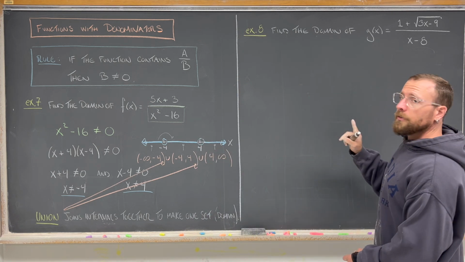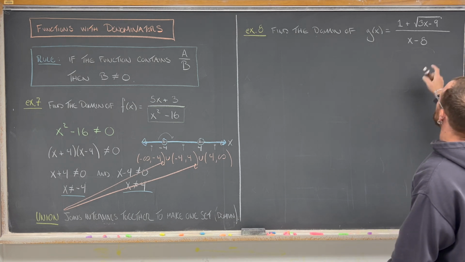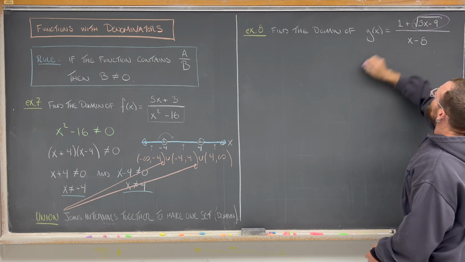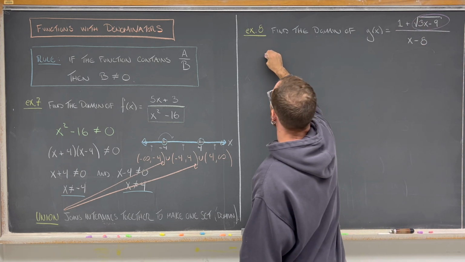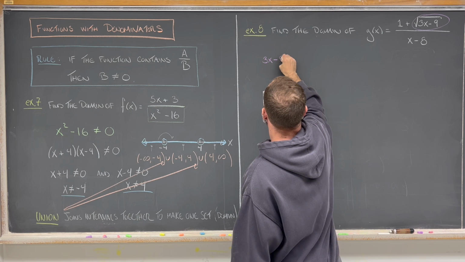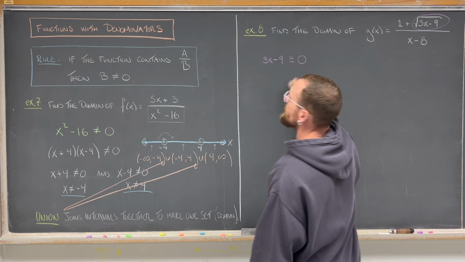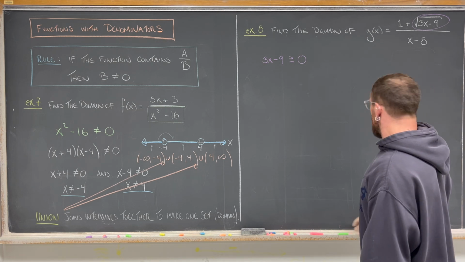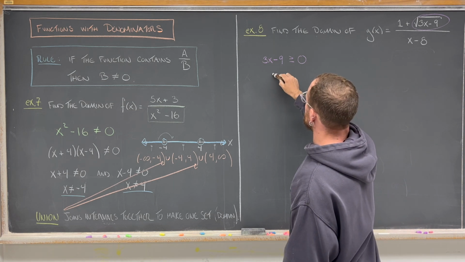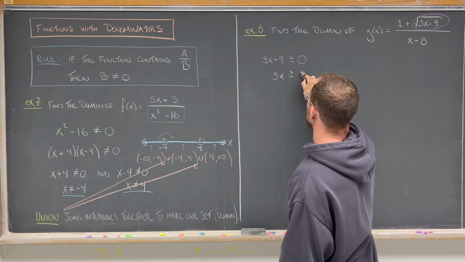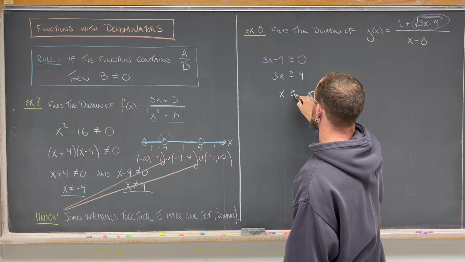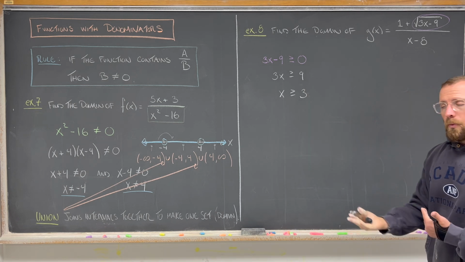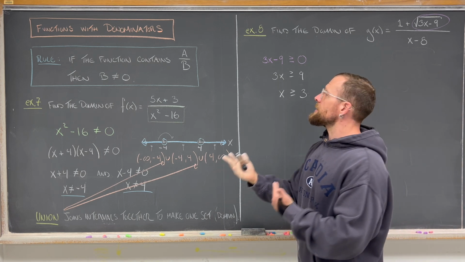Now, don't forget the rule from before. The rule from before says that when you have a square root expression, and I do, the thing you're taking the square root of, in this case 3x minus 9, cannot be negative. It has to be at least 0, 0 or bigger. Okay? And let's just stick with that for a second. So that means that 3x needs to be bigger than or equal to 9, and so x needs to be greater than or equal to 3. Okay, fine. I know something about what values of x are allowed and what values of x are not allowed,